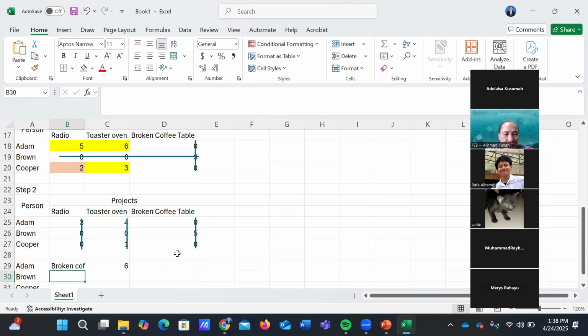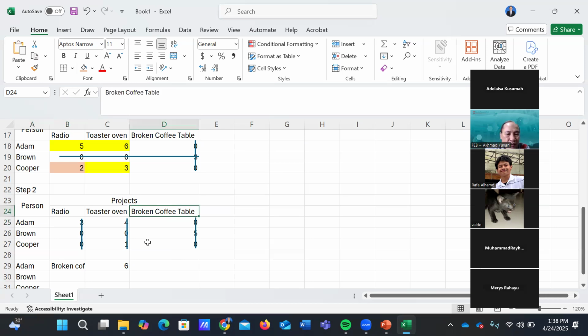We cannot assign Cooper to fix the broken coffee table. Why? Because there are two zeros, sir. Because the broken coffee table has been assigned to Adam, so we cannot assign Cooper to the same task. Adam can only be assigned to this job.